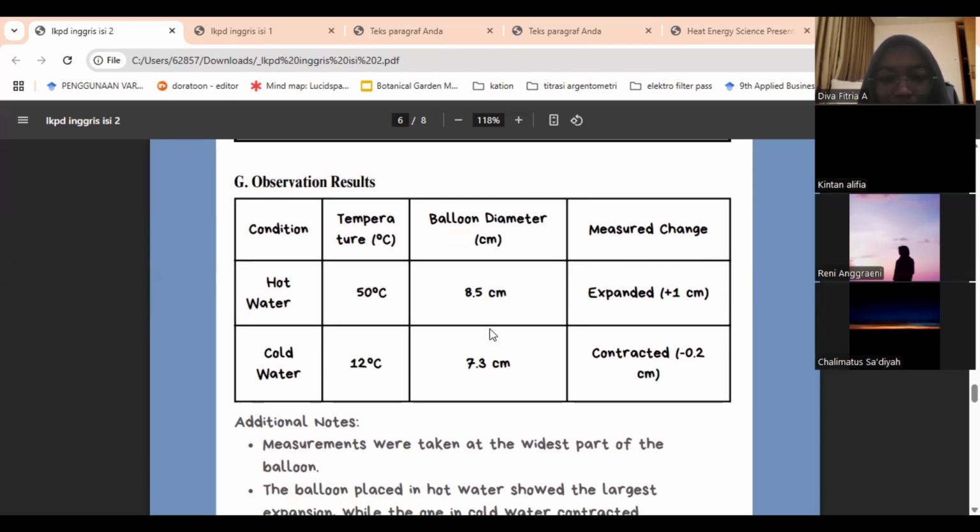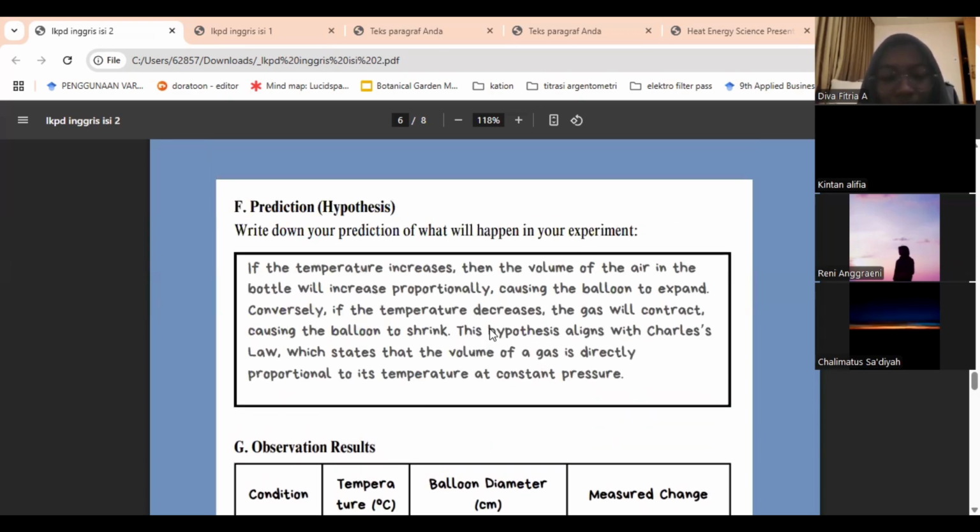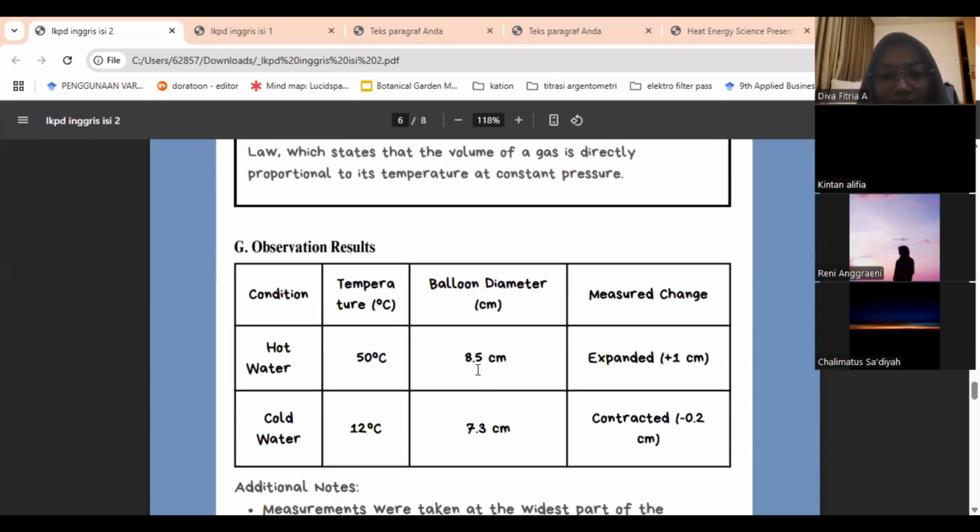And then prediction or hypothesis: if the temperature increases, then the volume of the air in the bottle will increase proportionally, causing the balloon to expand. Conversely, if the temperature decreases, the gas will contract, causing the balloon to shrink. This hypothesis aligns with Charles' law, which states that the volume of a gas is directly proportional to its temperature at constant pressure. And then observation result